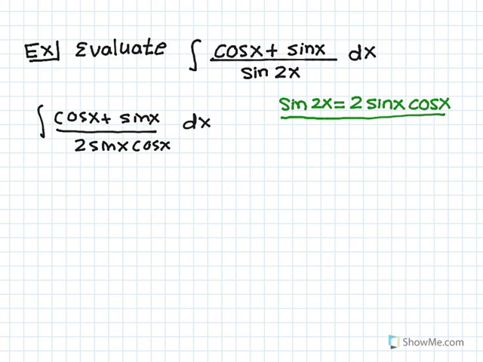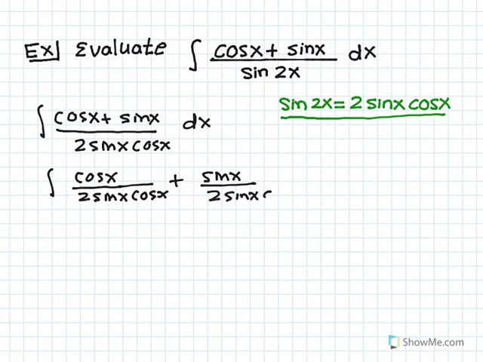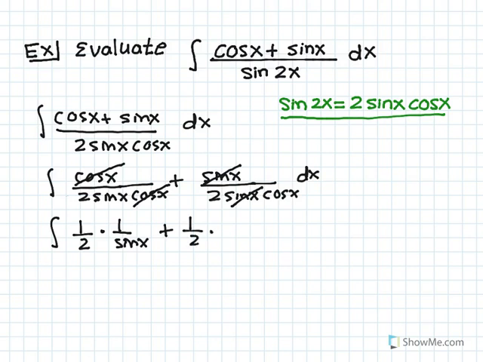Now we're going to split up the fraction. So we have the integral of cos x divided by 2 sine x cos x, plus sine x divided by 2 sine x cos x. The reason for splitting up the fraction was so that we can get these cancellations. Cosine x at top cancels with cos x in the denominator, and similarly sine x at top cancels with sine x at the bottom. So what we have is the integral of 1/2 times 1 over sine x plus 1/2 times 1 over cos x